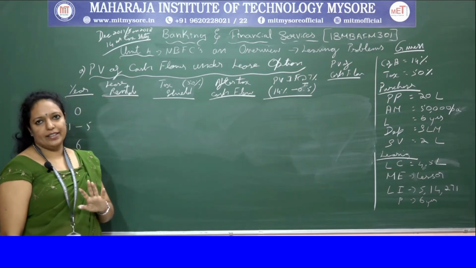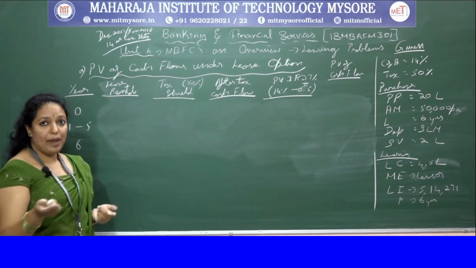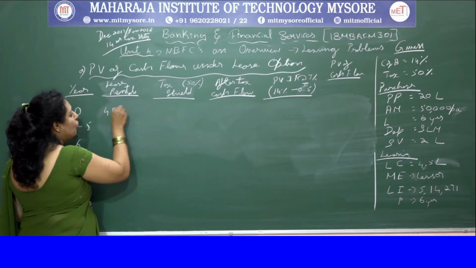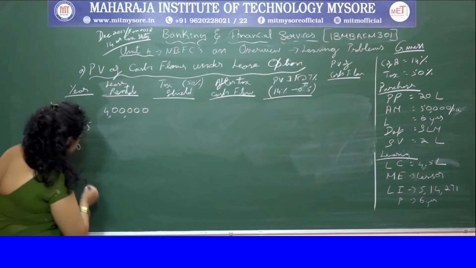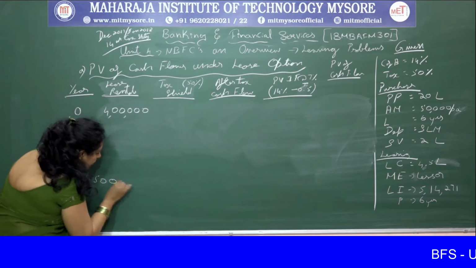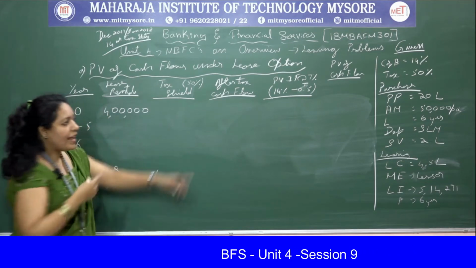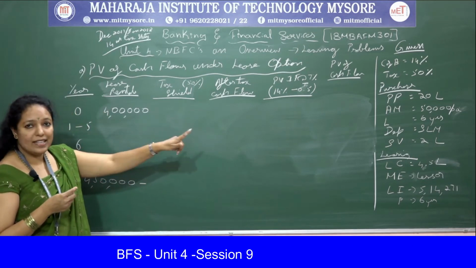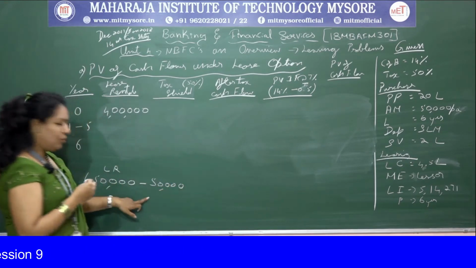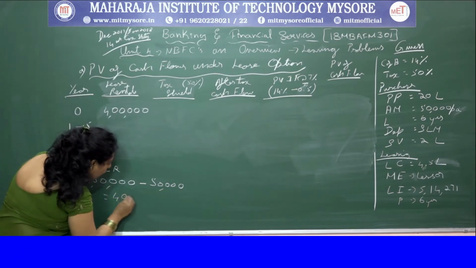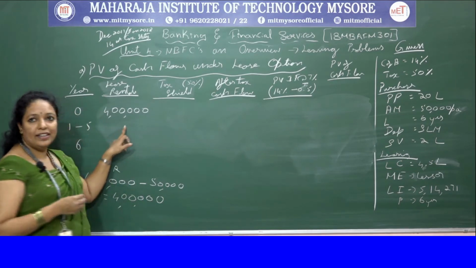Next I have to write the lease rentals. Now how much is the lease rentals? Lease rentals for the 0 year, as you are paying it in the beginning, is 4 lakhs. So you might be wondering how you have got 4 lakhs. 4,50,000 is the lease rental, from which the expenses borne by lessor, which is 50,000 maintenance expenses, we have to deduct. So total 4 lakh will be your actual lease rental. So that I am taking it here.